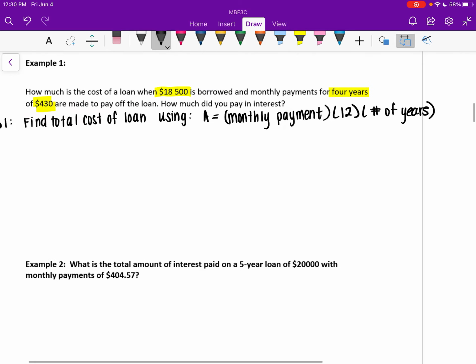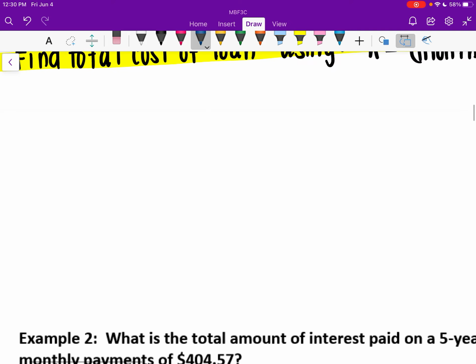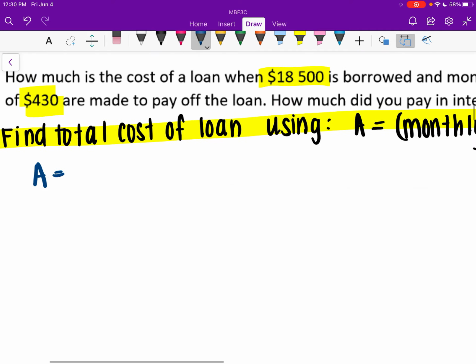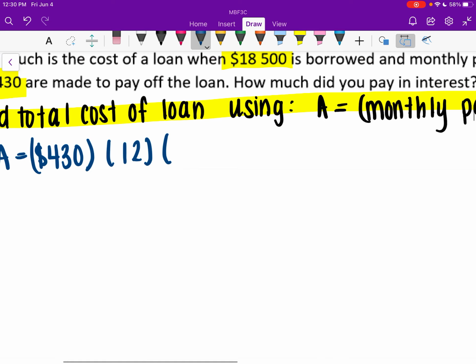I'm just going to highlight this so that we know it's our text. I know that my monthly payments were $430. 12 months in a year, so I'll make 12 payments times how many years? It was 4 years. So I'm going to do 430 times 12 times 4, which is going to give me